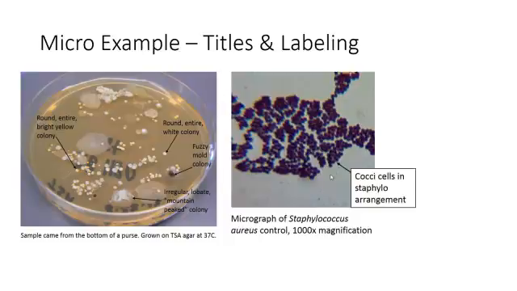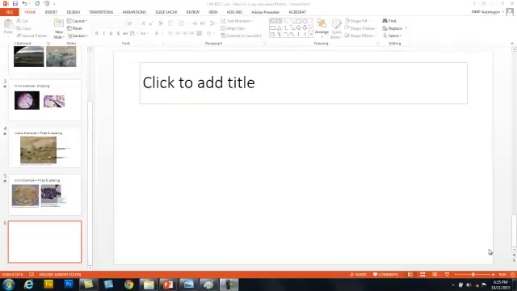So now let's go on to how to take my cropped photos and how to put labels on and titles. Now I'm going to do this the way that I find is the easiest. There's dozens of ways to do it. You can find your own ways. I find that it is easy to title and label pictures in PowerPoint because you can save it as a picture, and when you insert it into Word, then things don't get jumbled up when you change the formatting in Word. So I've made a new slide in my PowerPoint presentation that I've been going over, and just because this is a working slide, I'm going to change the layout